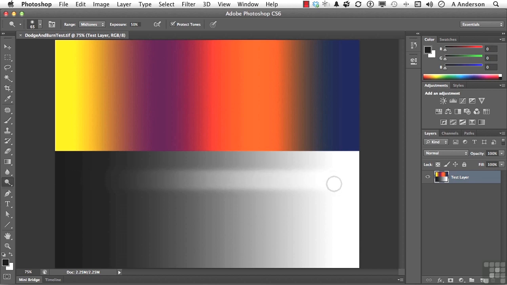But you'll notice it's not getting any lighter, because I said 50% exposure, and that's what it took it down to, but it won't do any more until I let go of the mouse and then do it again, and then it will give me another 50% if that's what I want. If we come back up here again and change that into shadows, we'll come down right about here,